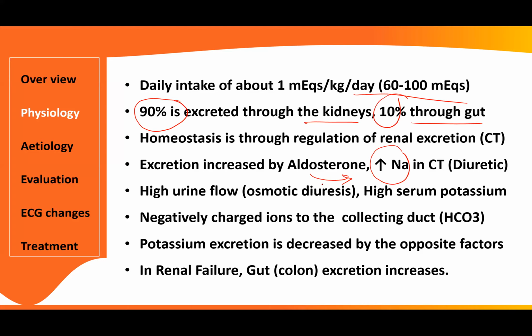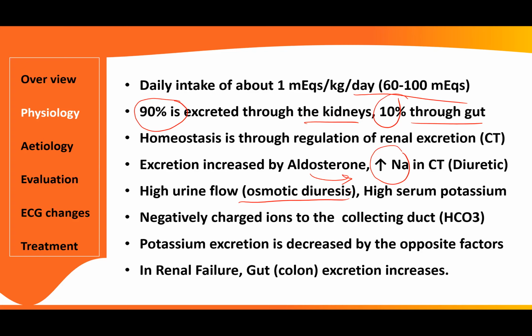as happens with certain types of diuretics like hydrochlorothiazide, the carbonic anhydrase inhibitor, or furosemide, and not spironolactones. They have the reverse action. High urine flow or osmotic diuresis, as occurs in diabetes or with mannitol or any solute overload, will produce osmotic diuresis. And also, when there is a high urine flow due to osmotic diuresis, potassium is washed out.